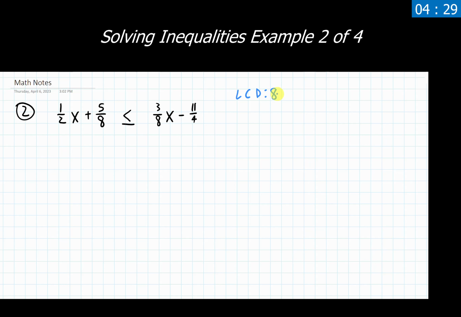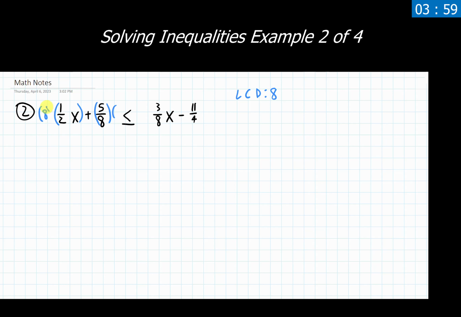Now remember, the reason we are doing this is because we want to eliminate fractions. We don't want to work with them. They can be a bit more of a pain than necessary. So let's get rid of those first before we actually go through and solve the rest of this thing. So once I have this lowest common denominator determined, every single thing, whether it does or does not contain a fraction, is going to get multiplied. Whoops, it should be by 8. Let me actually write in the right number here.